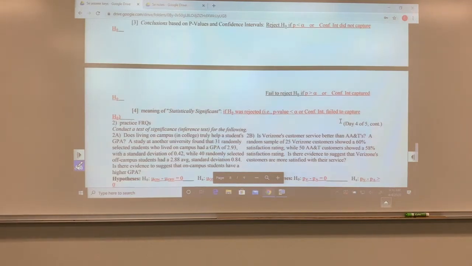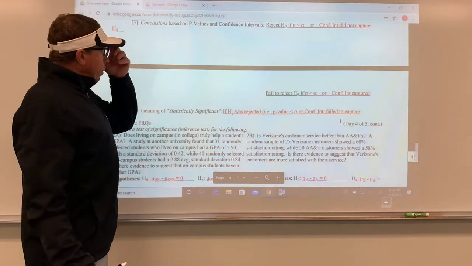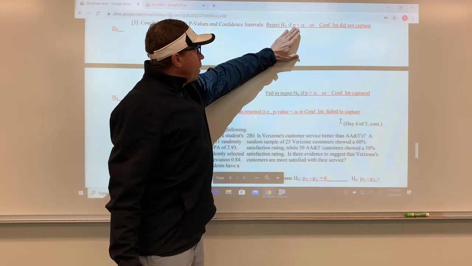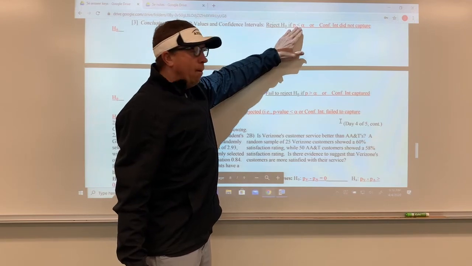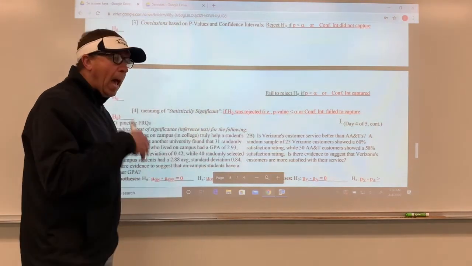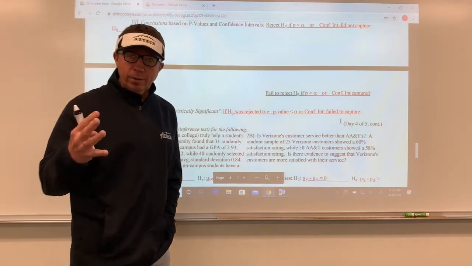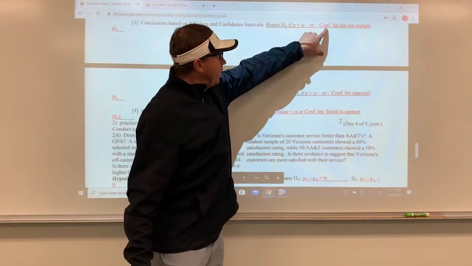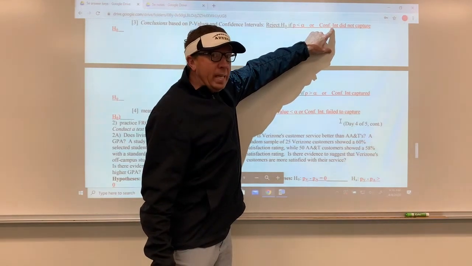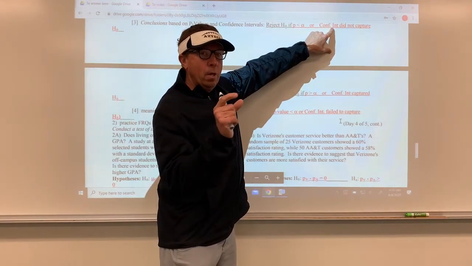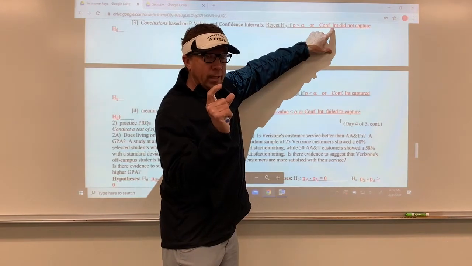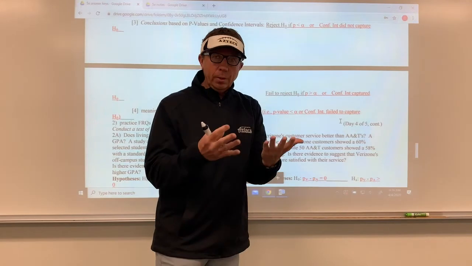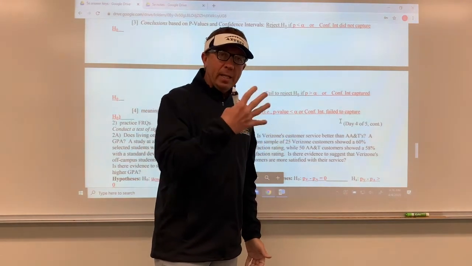Okay, so the conclusions. If you're using a p-value, it's going to be reject H0 if the p-value is less than alpha. And then you'll say, we have significant evidence to suggest whatever HA is. If you're using a confidence interval, if the interval did not capture the parameter, which is 0 in this case for a two-sample test, then you would say the confidence interval did not capture 0, therefore we have significant evidence